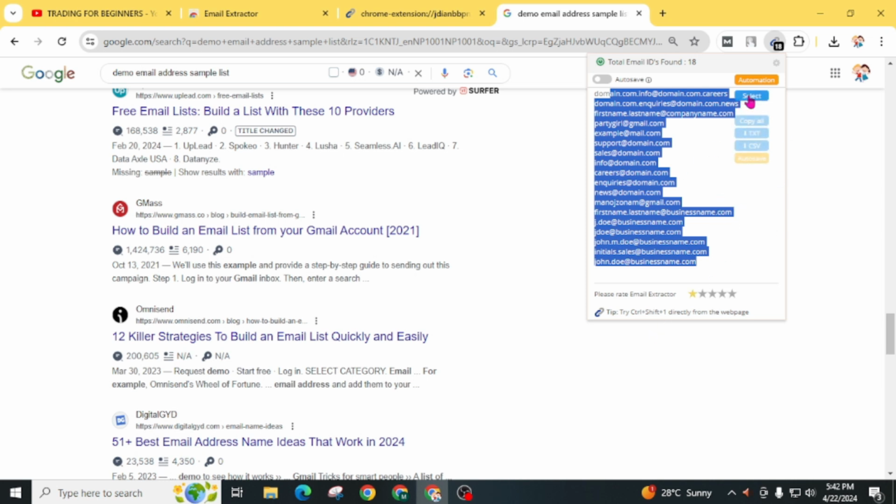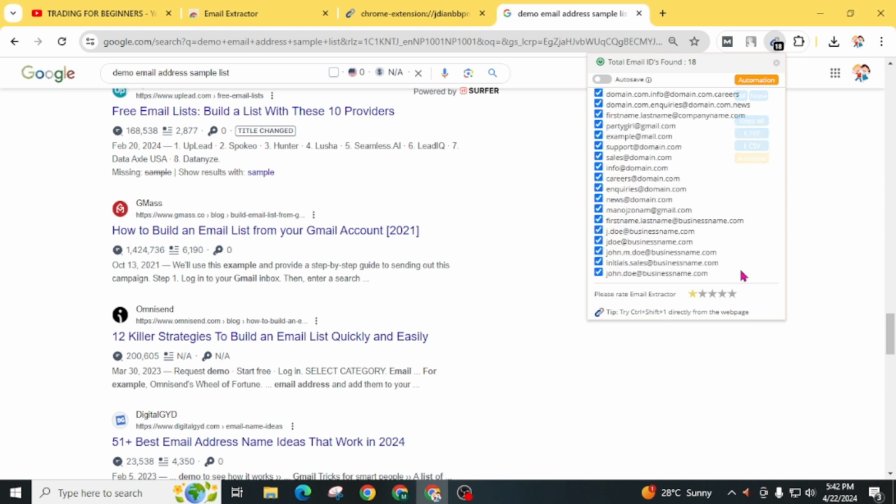For this, click on this select. It will select all the emails from the page. You can also unselect some of the emails if you don't want them. Click on this txt or csv file so that it will save a copy of these email addresses to your